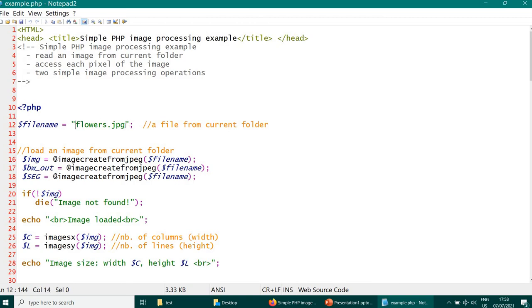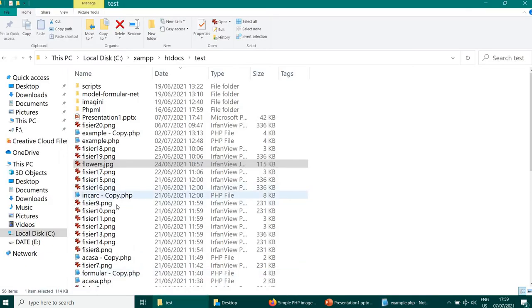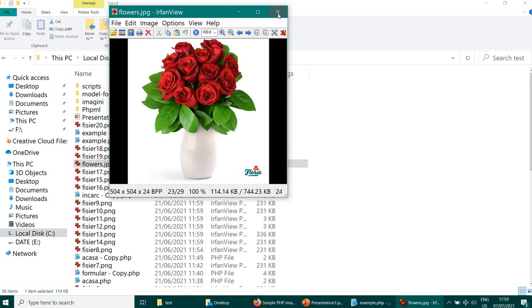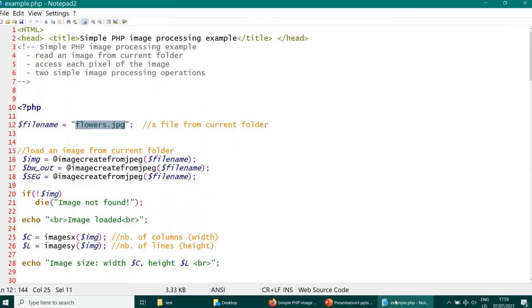I will start with an image, let's say flowers.jpeg, which is in the same folder. It's this image, and the first thing we will do is load the image with this GD function, imagecreatefromjpeg, with the file name, and we have a variable image.